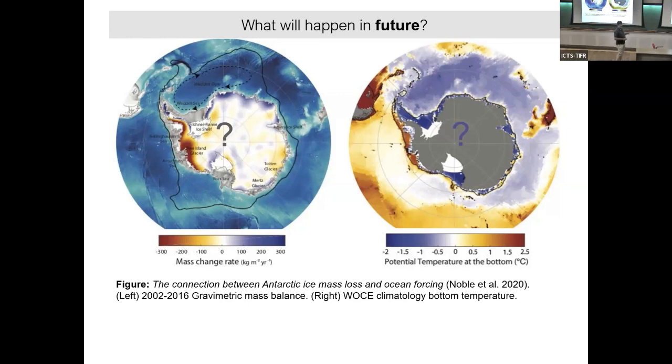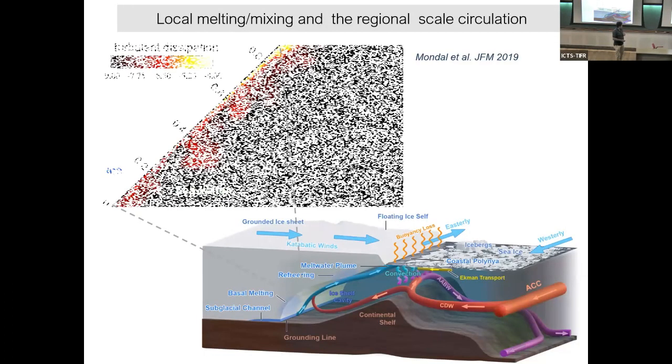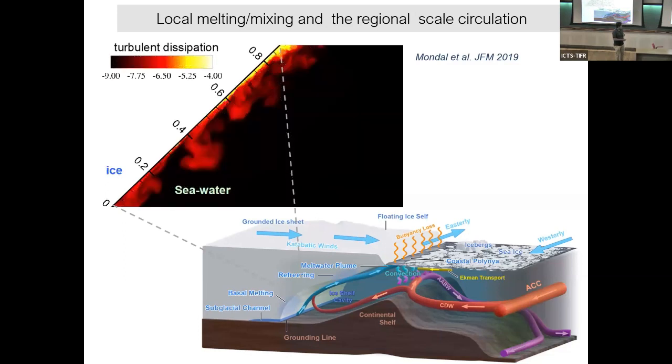Now, as I told you, we need to quantify it, because this quantification is very important so that we can understand how much mass we are losing and how much fresh water is coming to the ocean basin. And why is it so difficult? Why is this so complex? Because you can see here,